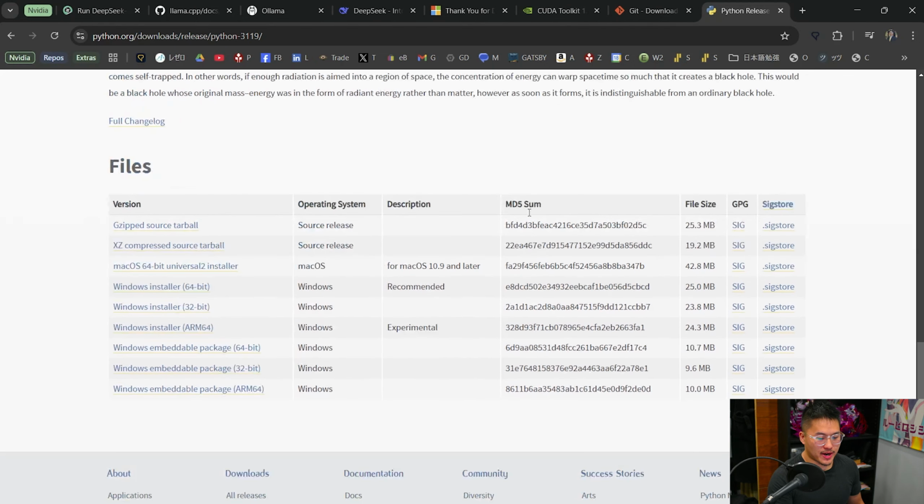So you can go to the Python release page here, go to the Windows 64-bit installer, and then just run through all of the default options in here to get it installed. And make sure that you checkbox the add to path. It should be on the first window that pops up on the installer